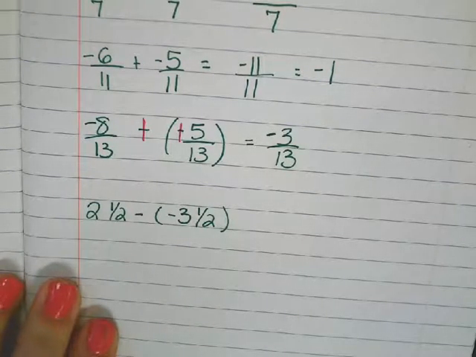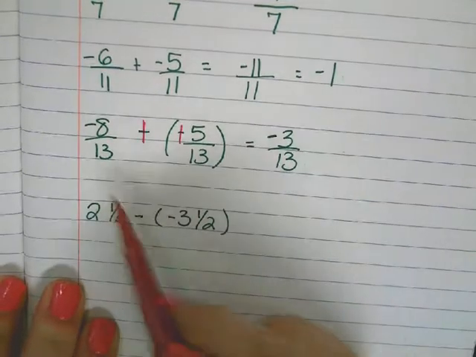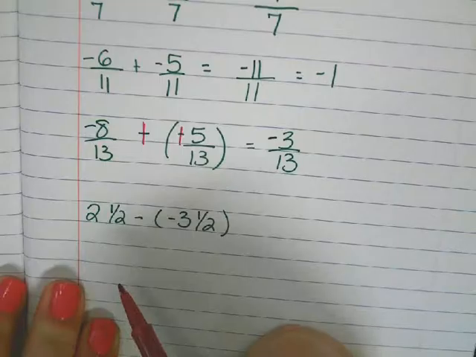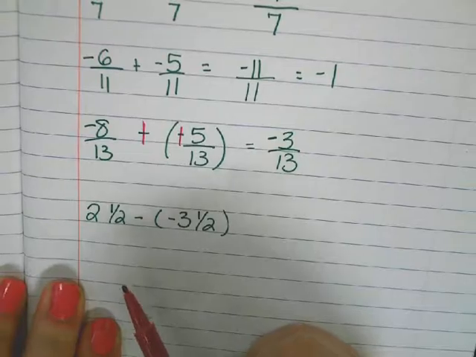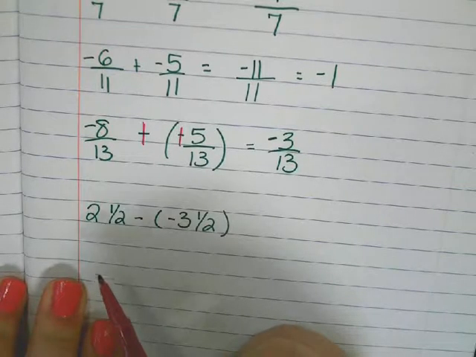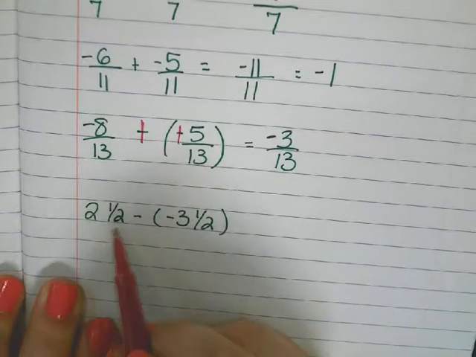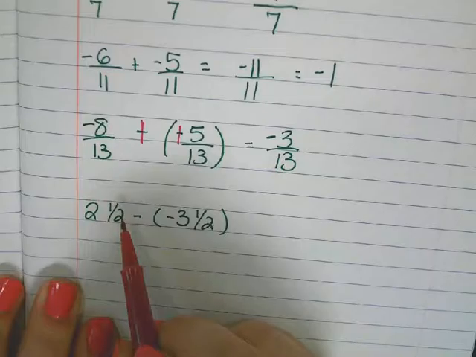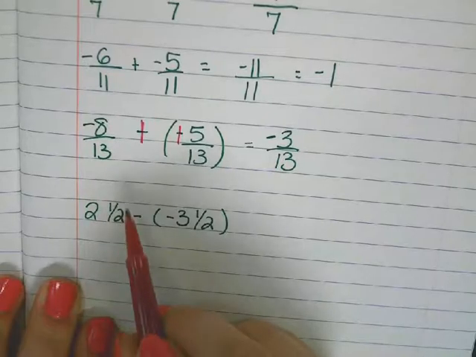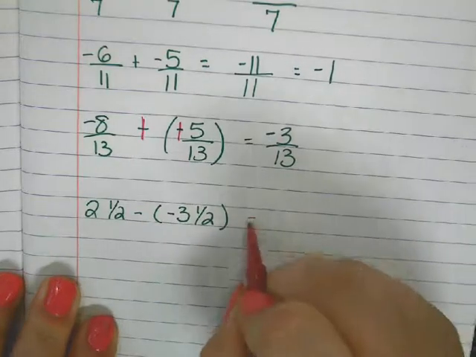So how do I change 2 1/2 to an improper fraction? I times my whole number by my denominator. So 2 times 2 is 4. And then I add my numerator. So 4 plus 1, 5. So I'm going to rewrite this as 5/2